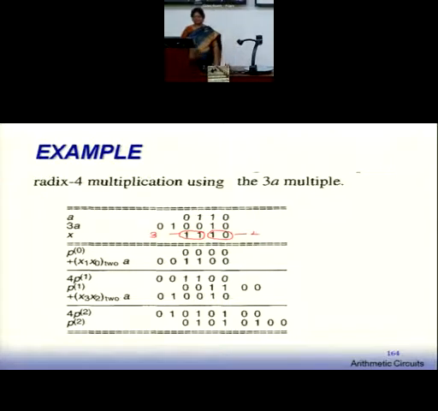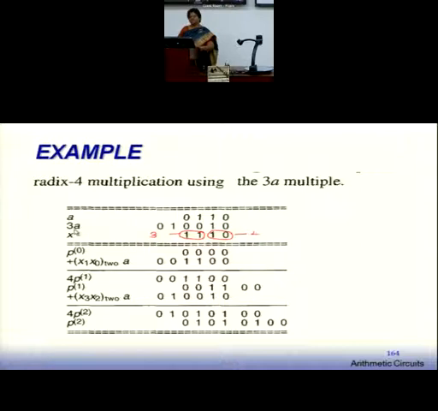So this is one example that I have to show you. How can you work in a radix 4 multiplication? Remember this algorithm? It is a right shift algorithm. I think everybody knows that. And here we are not working with 1 bit, rather we are working with 2 bits together. So 1 0 is 2a, so I will have a shifted. I only need to align it. You are not doing anything to your multiplicand. It's only getting shifted.